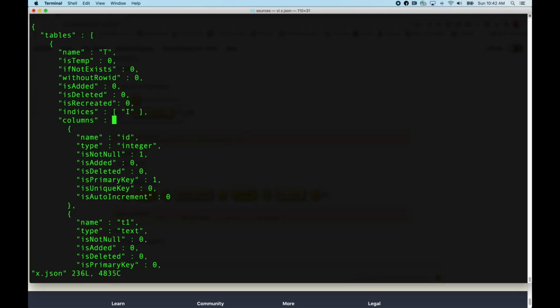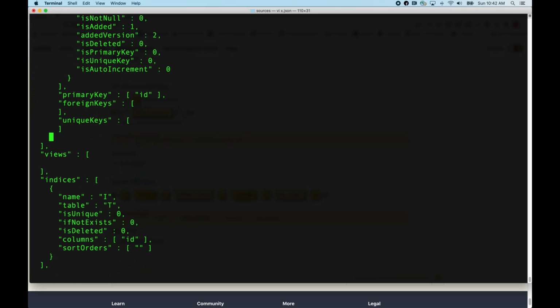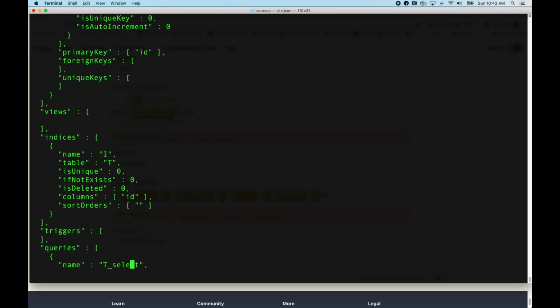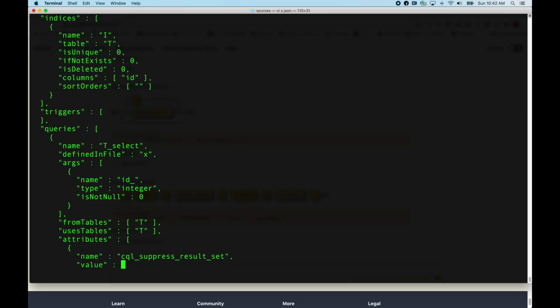Okay. This table now has an index I, so that's new. Let me skip to the end of this. Here's indices. Okay. There's an index I. It's on table T. And it's on columns ID, and they have for simple sort order. Okay, the query changed a little bit, so that query now has arguments. Here's ID integer,